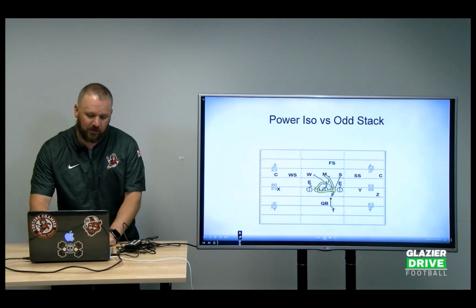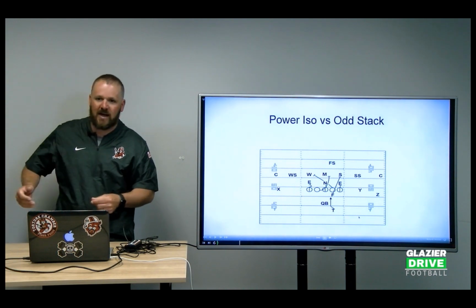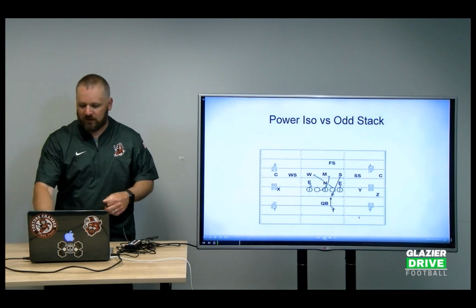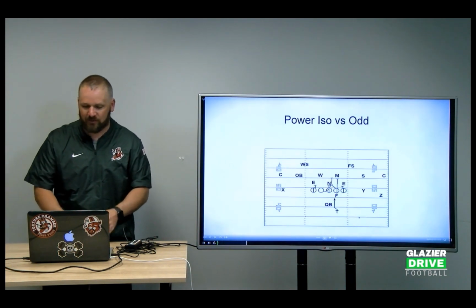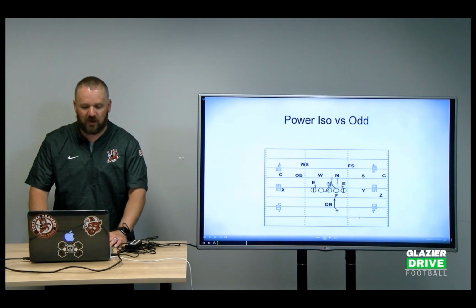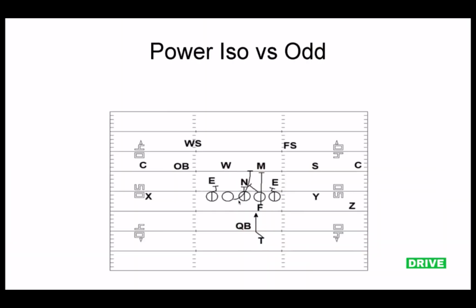That's kind of an answer when people want to get into an odd stack, or we're having a tough time blocking a DN right here. This is versus odd. I'll get to the blocking a DN thing when they're trying to wrong arm. But this is versus odd. You got numbers in the box. He's still wrapping for number 2 in the box. So he's got to understand that when you're teaching this thing. We can stay on this double team and really maul that nose. And he's still wrapping for number 2. Don't let him get mixed up and take the guy that we're ISOing, because the fullback's still ISOing the number 1 guy in the box.